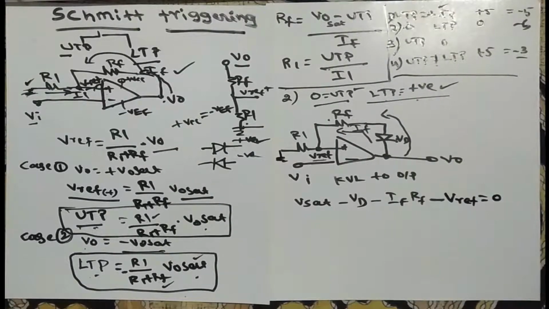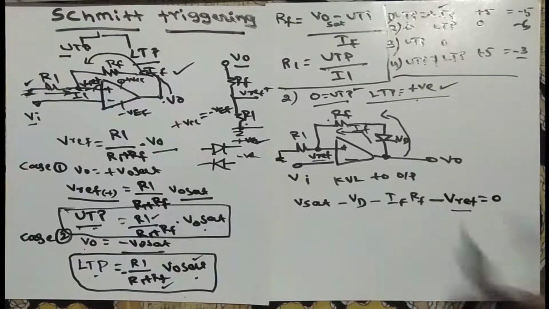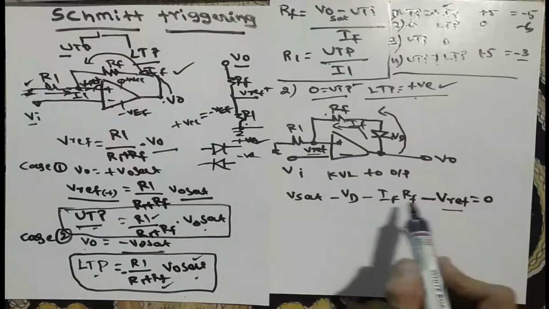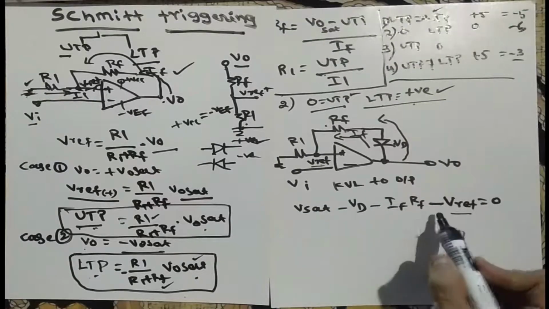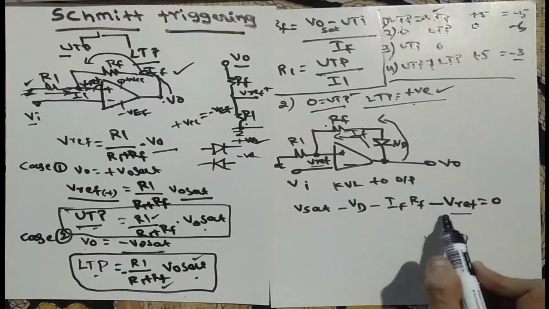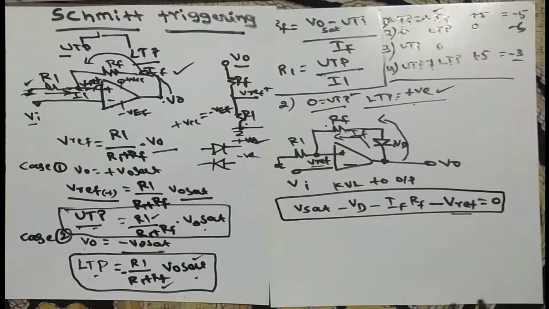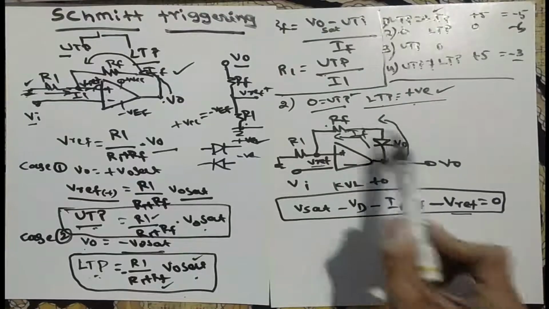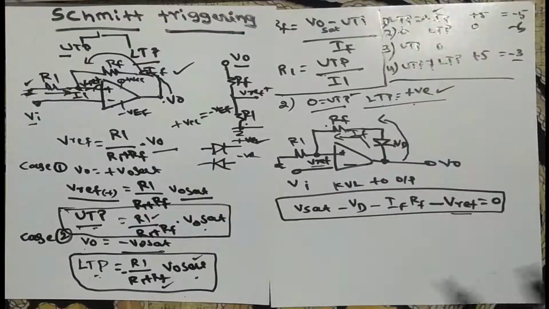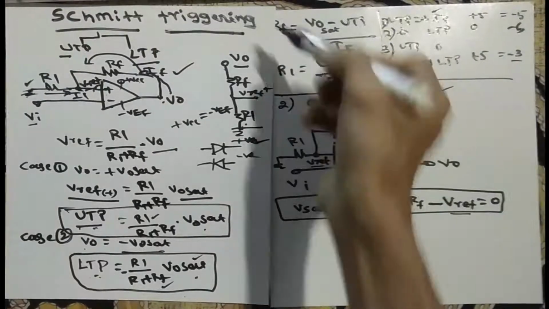Now our aim is to find V reference. So you can do some manipulation and find out the V reference value. Simply make V reference equal to all these terms. Here it is negative, so if we make it positive, everything goes to this side, and you get the V reference value. So this is one method to find V reference from this circuit. We can't use the other method here because a diode is present, so we use the KVL method. Now, in the same way, we can find out RF and R1.